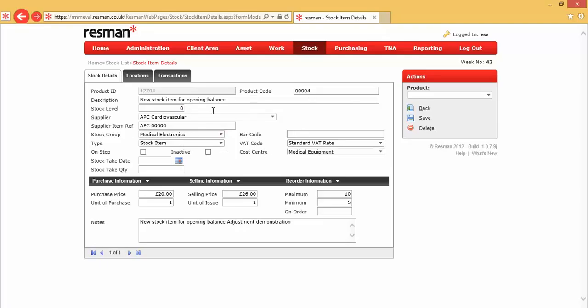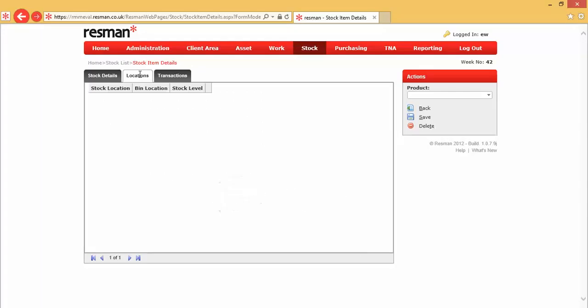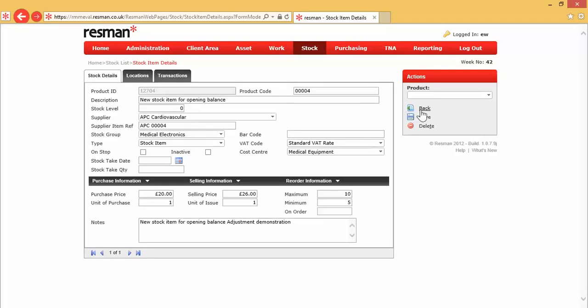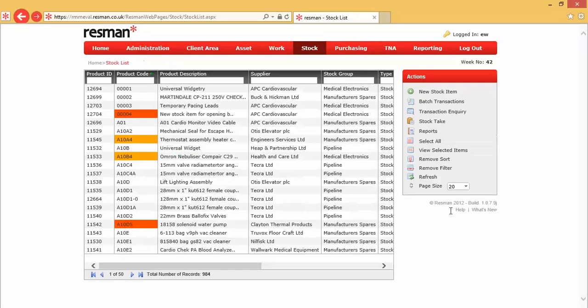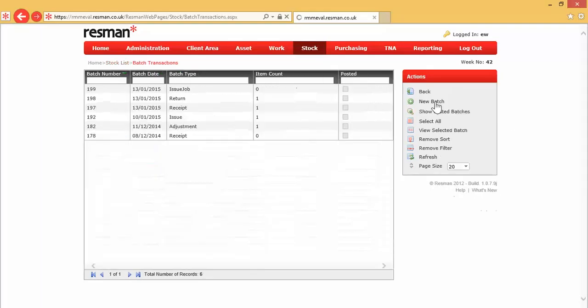We can edit the rest of the form, and we can put our cost price in, our selling price, our maximum and minimum levels, and you'll notice that in our tabs up here there are no location details, and as yet there are no transactions. So let's add our opening balance, and we go back onto our stock list and we take batch transactions. We'll add a new batch